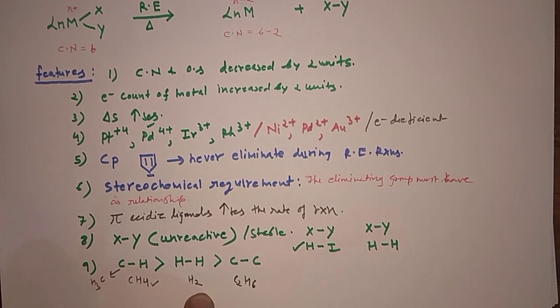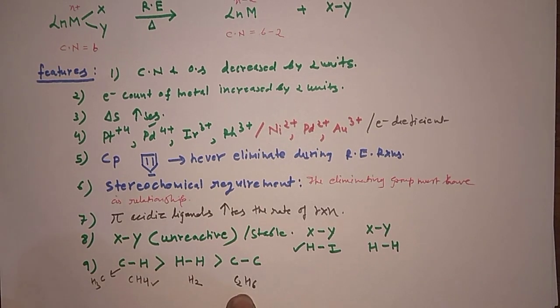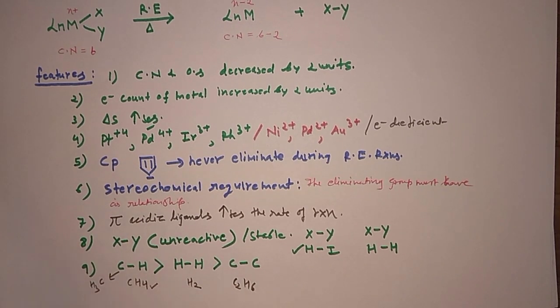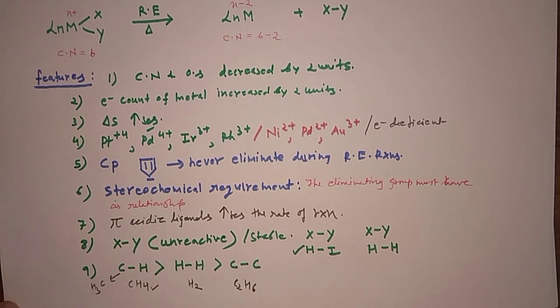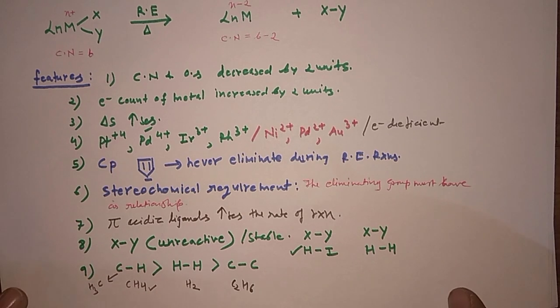However, hydrogen molecule is also unreactive, but it is a little more reactive than your CH4, so it comes second. And the ethane is more reactive when compared to all these. This is how you can understand by applying the basic organic chemistry. And definitely in certain cases there are different examples also in which two different metals are also involved. So these features you have to keep in mind. If you know these features, then it would be quite easy for you to solve the problem based on this. So I'm going to solve the problems now.